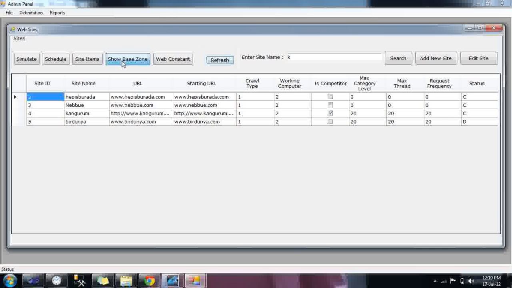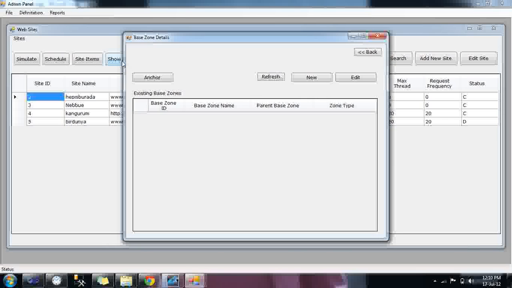Now go to base zone. On click of base zone, we have the base zones, meaning existing base zones, in this grid view. At the time I have not added records for base zone, so this grid is blank. On click of enter,